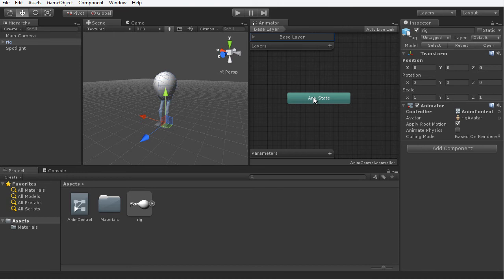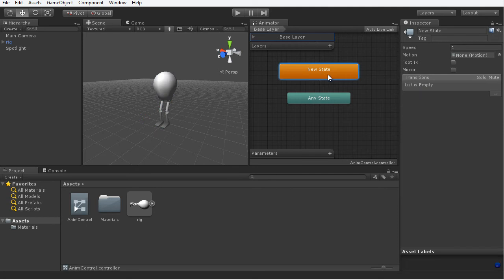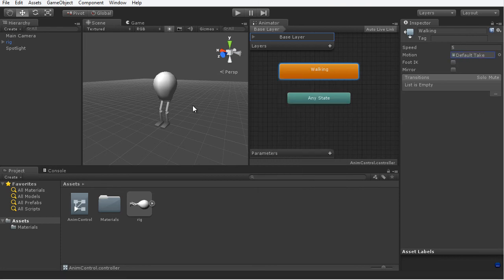To play our walking animation, all I have to do is right click on this background, choose Create State, and create a new empty state. I'm going to select that state and just name it Walking. And I can specify the speed for our animation. I think a speed of 1, which is the default speed, is far too slow. I want to play it 5 times as fast, so I'm going to put in a value of 5. And then for the motion variable, we need to specify the animation that we actually want to play here, which is our walking animation. So I'm going to select on this swatch here, move over to the Assets tab, and select the default take, which is the walking animation that we've provided with our mesh file. So here I've got the walking animation. You can see that here in